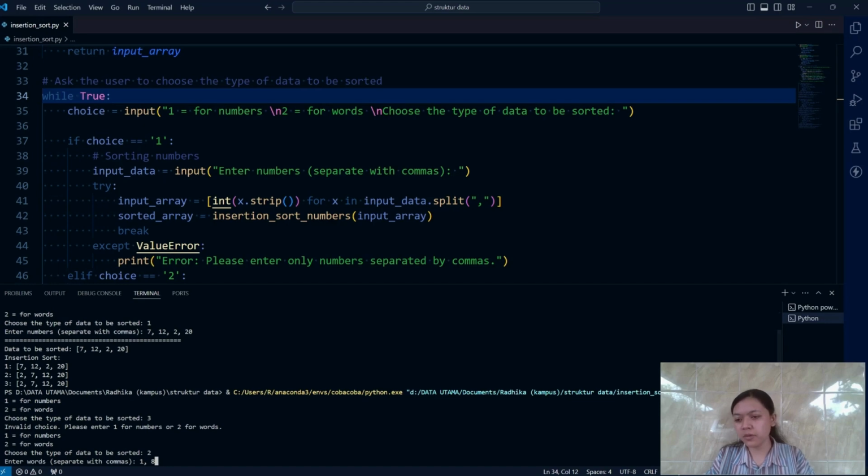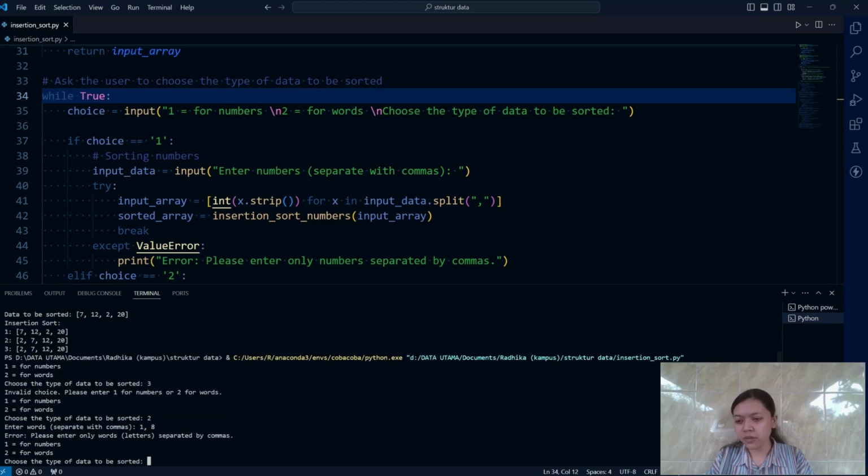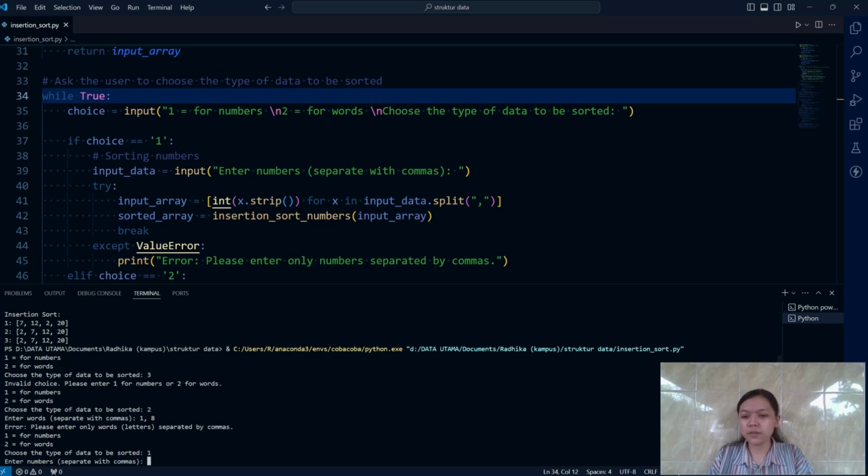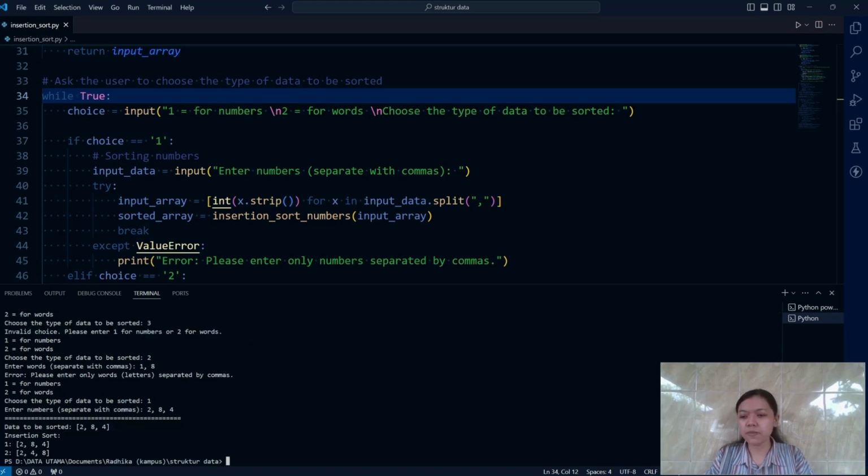Oh, there is an error. Please enter only words or letters separated by commas. Okay, I will type number 1, then 5, 3, 8, and 4.